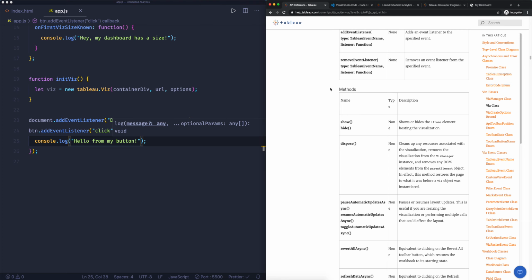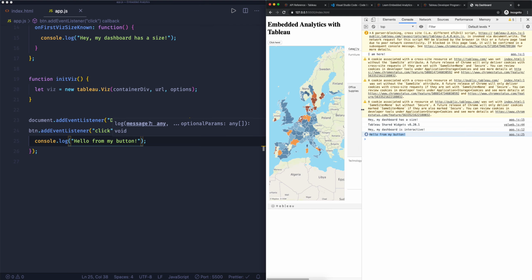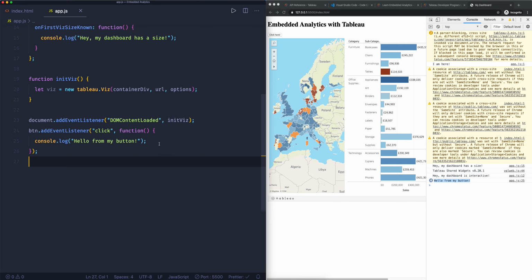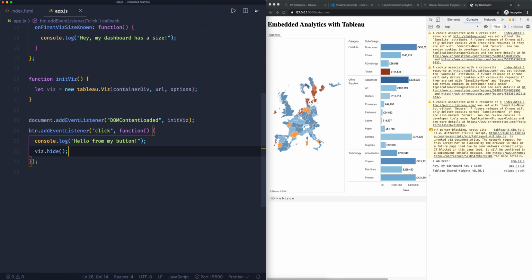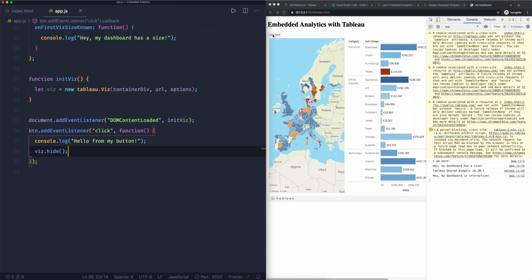So this won't be 100% super relevant. But what we can do is we can say, let's hide or show the Vase based on the button. Okay, so I'm just gonna go in here. And what we want to do in this particular function, we can then say Vase.hide, because it's a method, we want to execute it. So if we do that, now wait until it loads, and now if we click here,